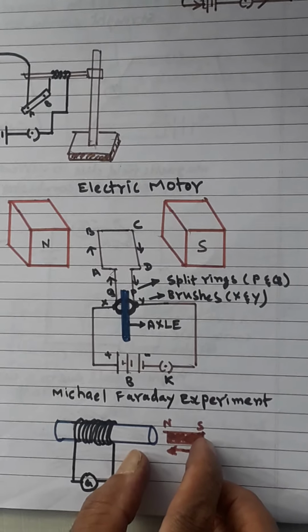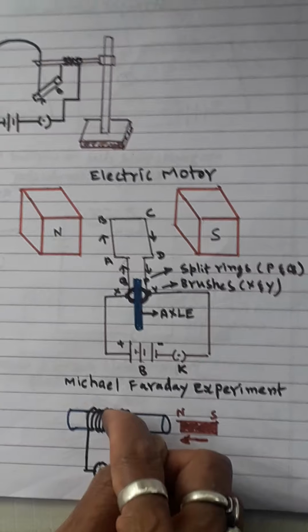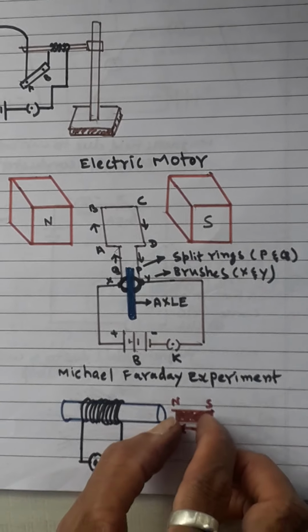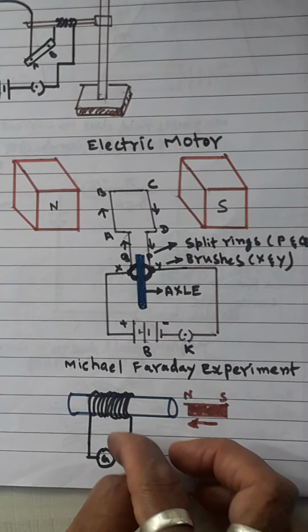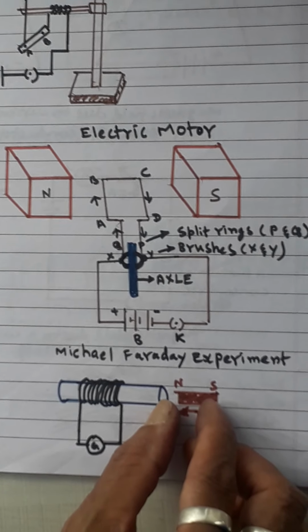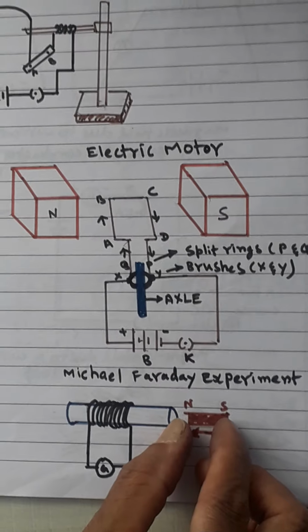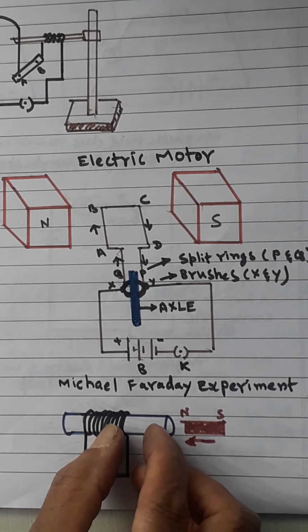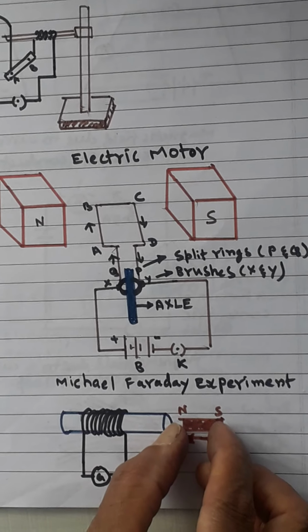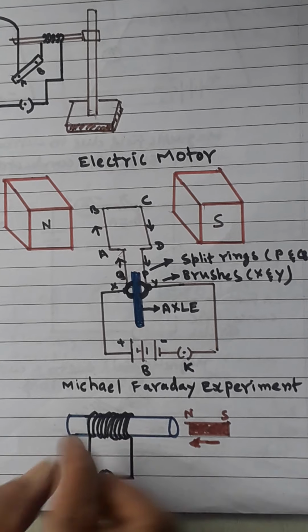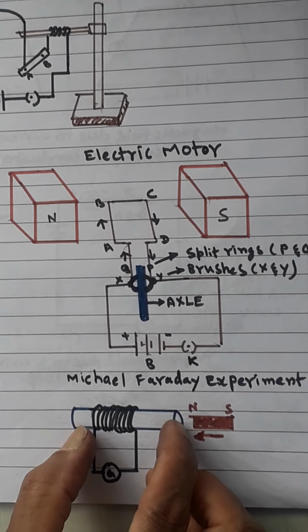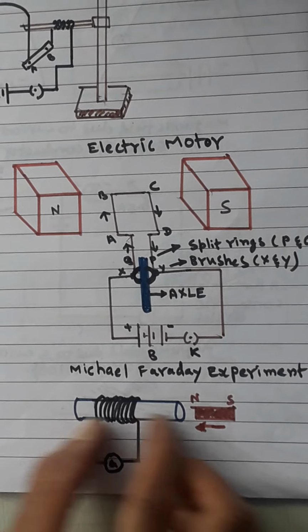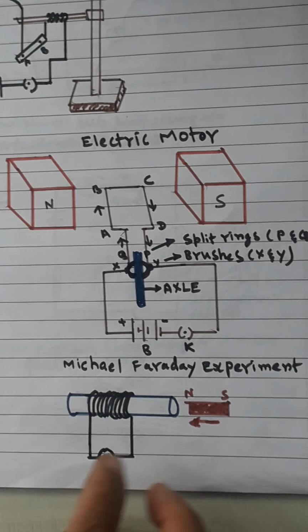Then he concluded certain things from this experiment. The more windings there are, the more current we can generate. If the strength of the magnet is greater, then also we can generate more current. Apart from that, the rate of change of magnetic field matters. If you keep the magnet inside the cardboard cylinder stationary, it will not generate any current at all. If you push the magnet fast, that is the rate of change of magnetic field. Rate means what? Time. If you change the magnetic field very fast, that also generates more current.